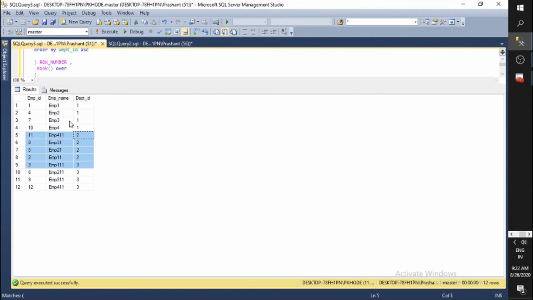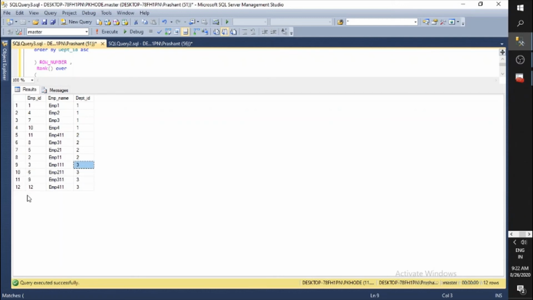My requirement is I want to distinguish the employees and they should have a unique value. For example, if I say department 1, this department has 4 employees, so their order would be 1 2 3 4. If I come to the second department, it has 4 employees, and the order would be 1 2 3 4, right? For 3, same 1 2 3 4.